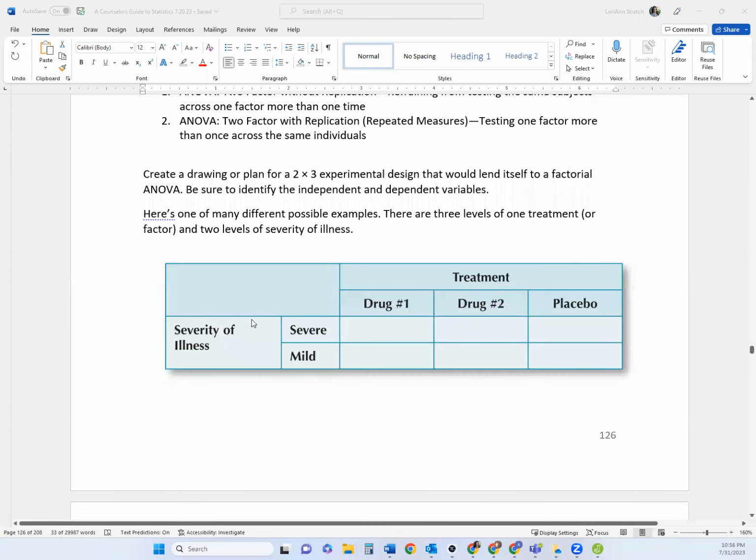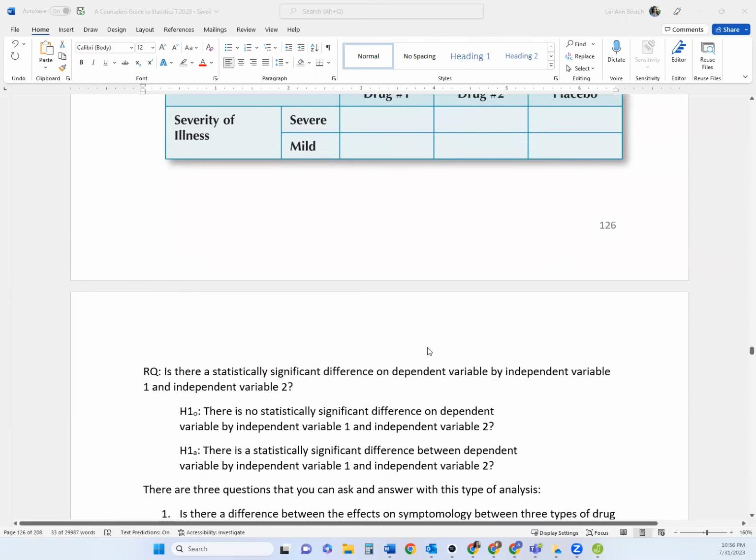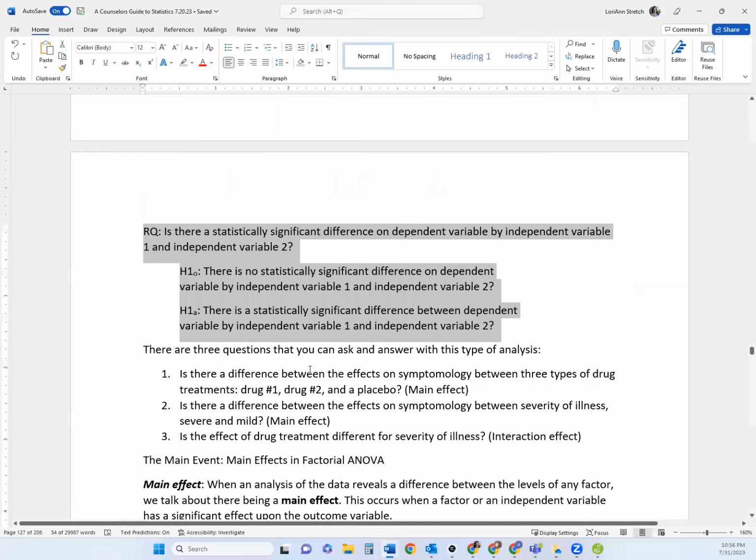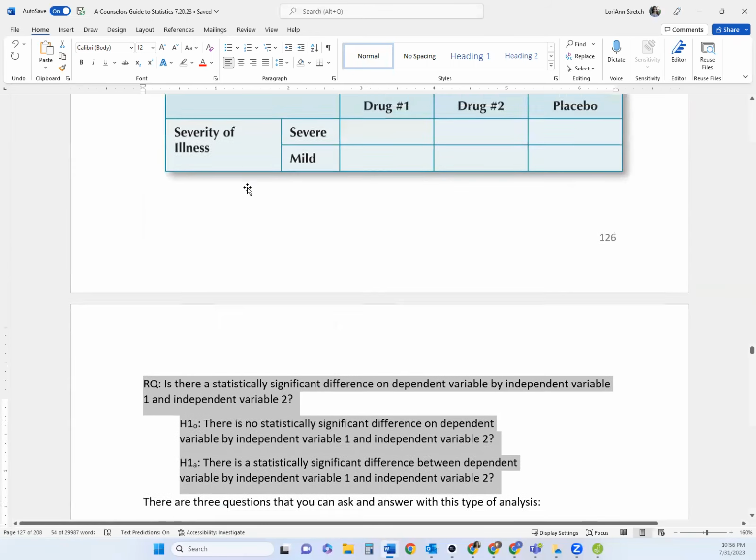So here's an example. We have a treatment and we have a severity of illness. The severity of illness is broken across severe and mild. In the treatment, we have three different types of treatment: drug 1, drug 2, and placebo. Now, here I've given you a template to help you draft up research questions for factorial ANOVAs and also the null and alternative hypotheses. Let's see what that would look like with this particular example with the severity of illness